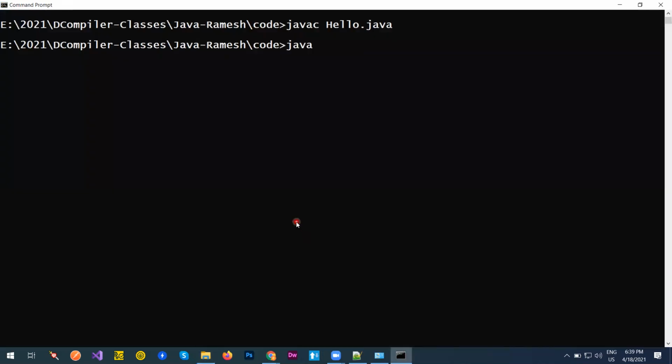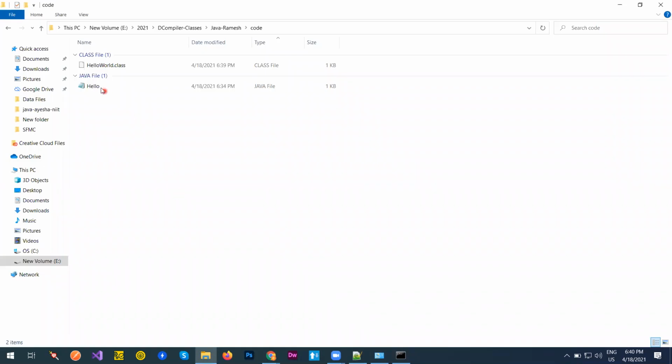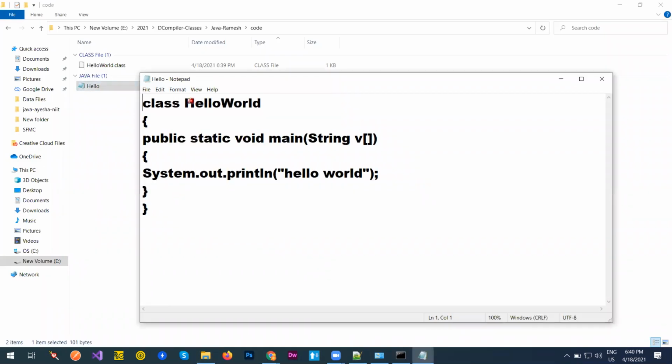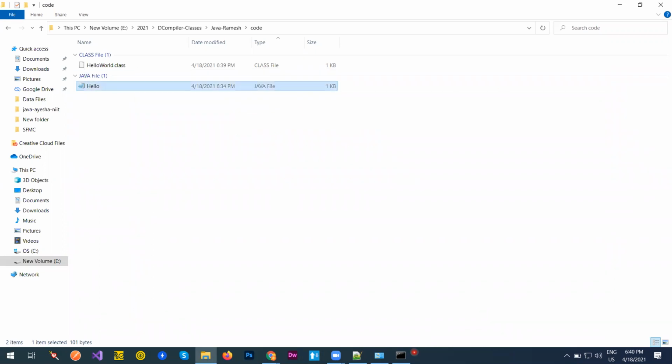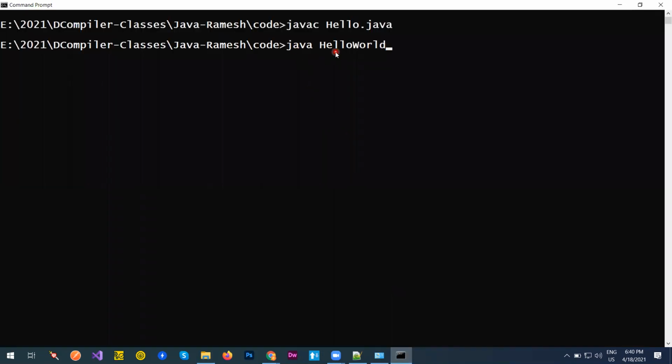Now we need to interpret using the name of the class, which was given in your program. What is the name given to the program, which is the class? It is HelloWorld. So make use of that name: java command HelloWorld. So here we have the output of that program, and with this the hello world program is completed.